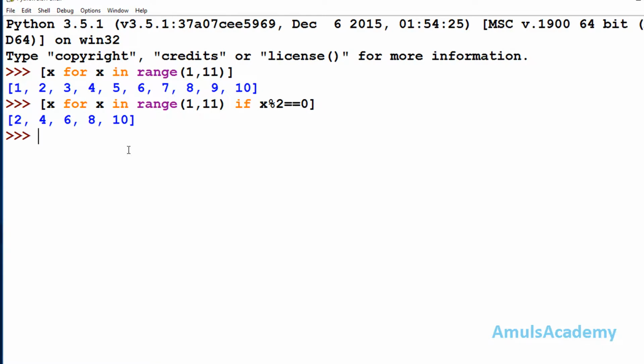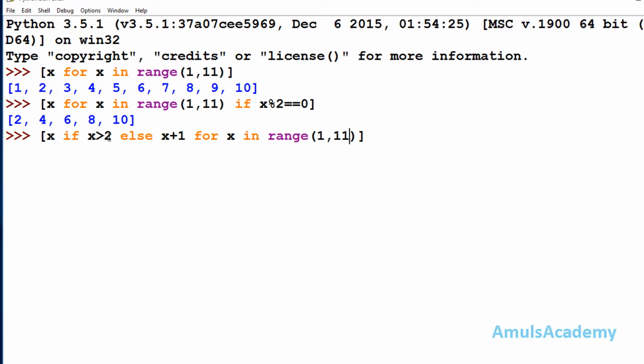Next we'll see the example for the if else conditional statement. Here I'll take x, this is my expression, next I'll write if x is greater than 2, else x plus 1, next for x in range 1 to 11.